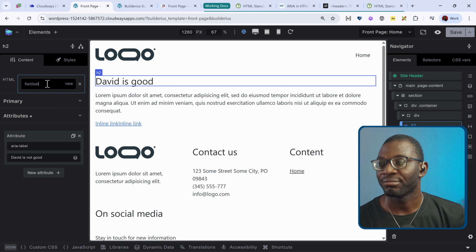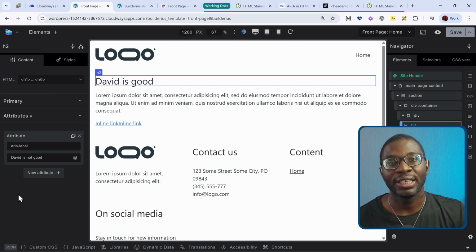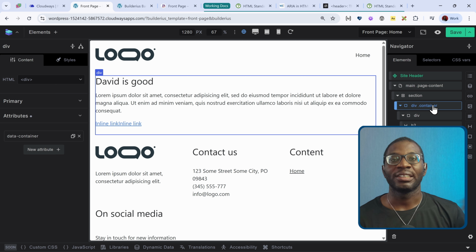And speaking of the class name that was added to the container, let's now go over to the style tab. So I'll go over to the container, and now we'll get to learn about the CSS and the styling. With Builderius, you've seen that we have good control over the HTML. We also have good control over the CSS. And they give us 3 different ways that we can style an element depending on your need. In the free version, you have 2 ways. In the pro version, you have 3 ways.